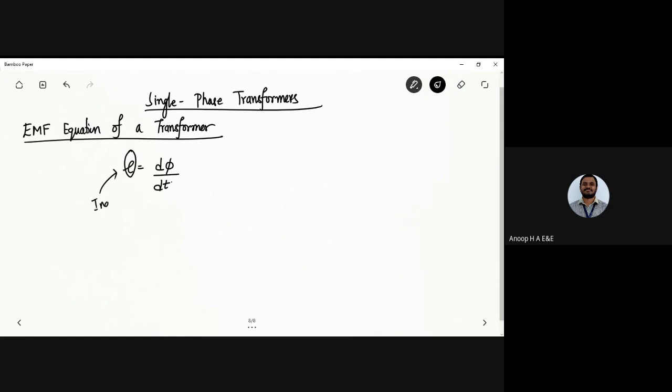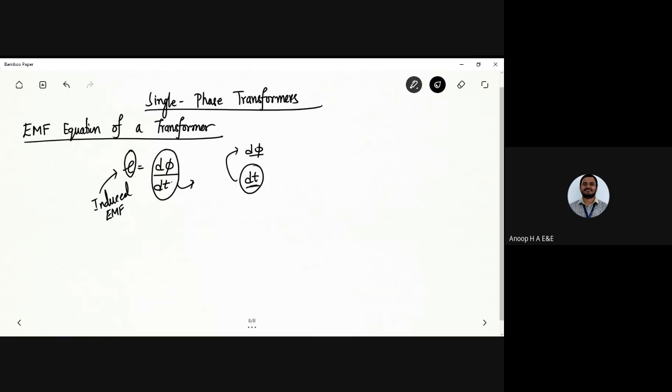So we are going to find out what this induced EMF is, and we are going to find out what d phi by dt is. So this is d phi by dt, what we are going to obtain. Now d phi is the change in flux and dt is the time duration taken for the change in flux. That is what we are going to do here. So in case I want to find out the flux linkage and the time, we have the fundamentals that are there.